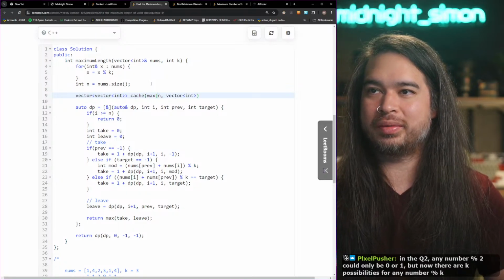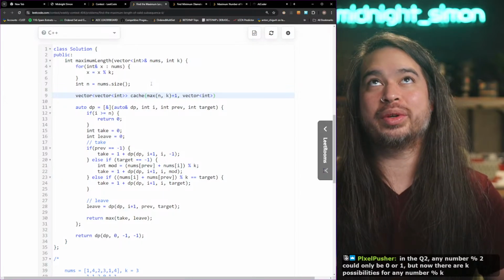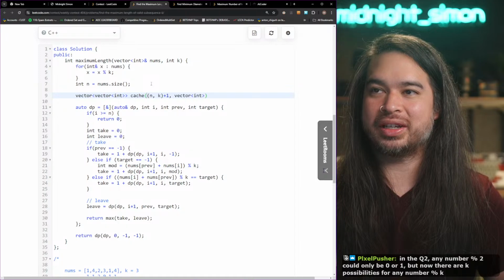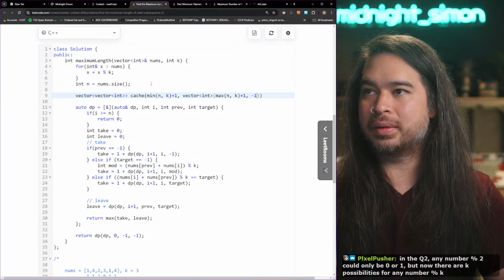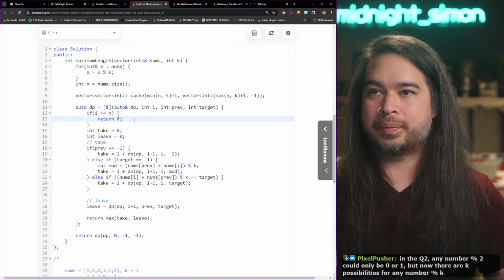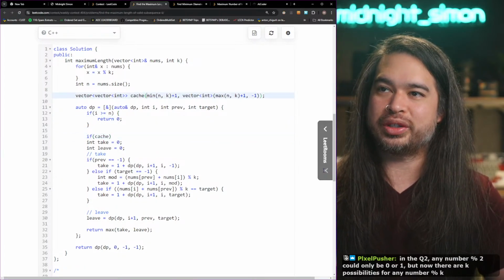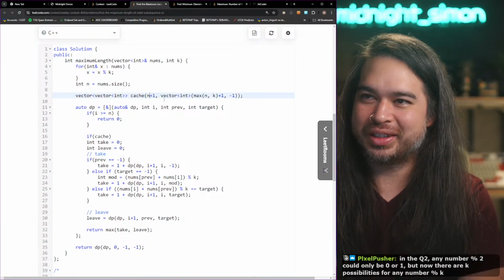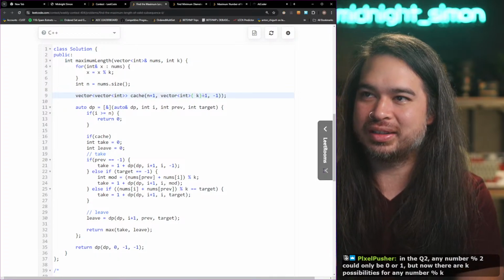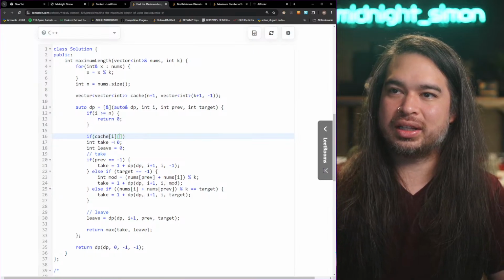Should I do max n, k plus 1? Wait, I want the smaller one on the outside, and the bigger one on the inside. Oh, but how do I know which one is which? That's not a good idea, man. I'll just do n+1 on the outside, k+1 on the inside. It is what it is. So if cache I target